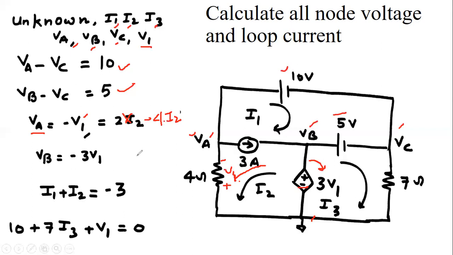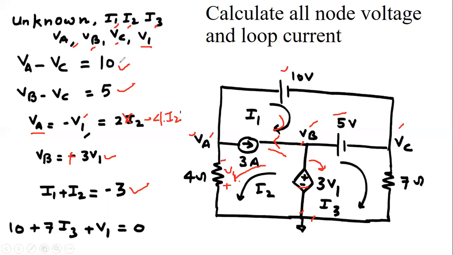Okay, and in this BB and the ground, there is only the source, and BB is having the positive terminal, so this is again BB equal to plus 3V1. Remember, BB equal to plus 3V1. Now see, the next equation: I1 is the loop current of this branch, and that is the I2 of this branch current. So total current in this branch is I1 plus I2, that is opposite of 3 ampere. So I1 plus I2 equal to minus 3 ampere.